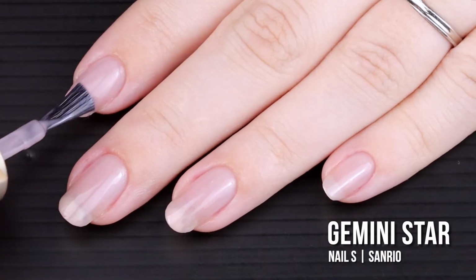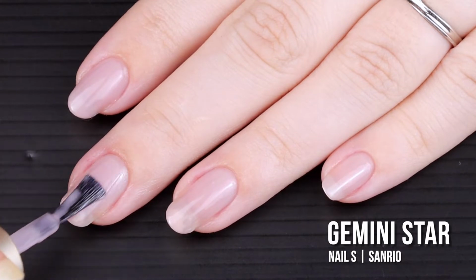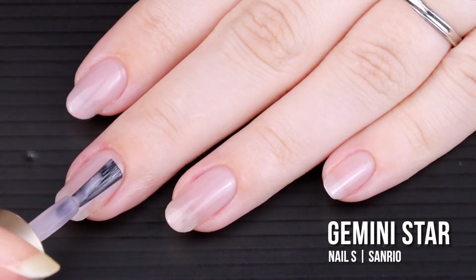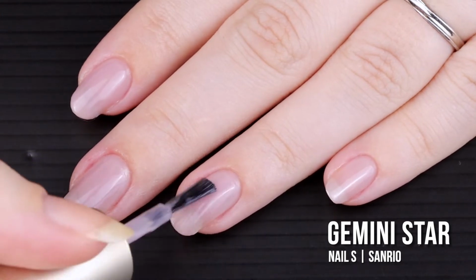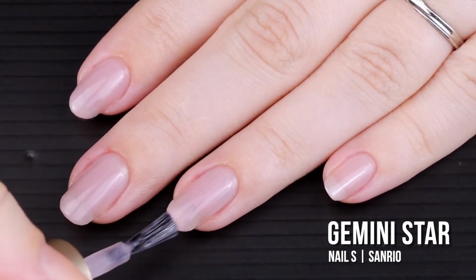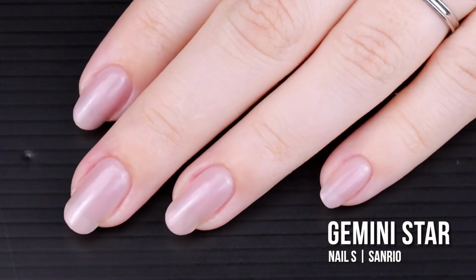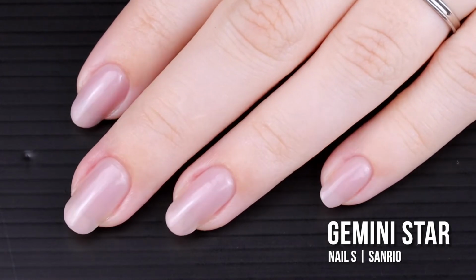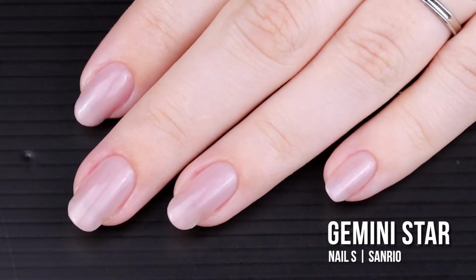This is a totally office appropriate color. And it's definitely mauve in the bottle, but on the nail, on me at least, it turns a little pink. So it's got that like rose quartz thing going on. It's definitely different from Hydrangea, which is the purple polish in this exact same formula that I reviewed in my last video. Whereas that one was a true purple lilac, this one is definitely leaning into